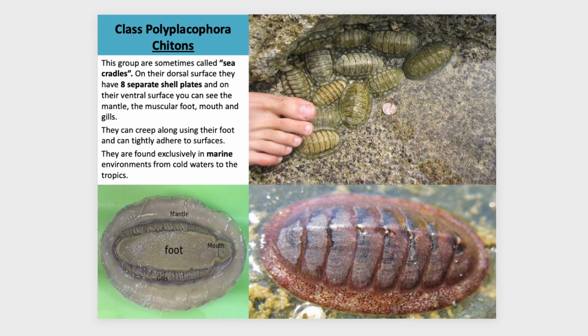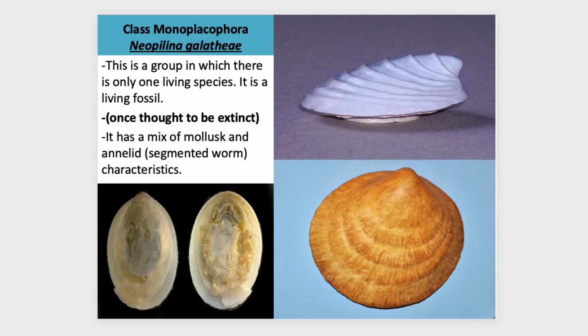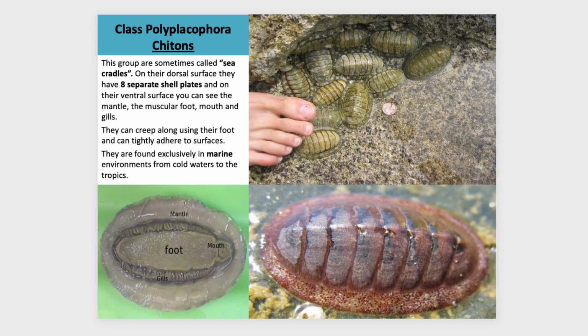The next class would be the Polyplacophora. And again, thinking about these names, Monoplacophora, one plate. As you can see there, it's one plate. And then the next class, Polyplacophora, would be many plates. And these are also called the chitons. And if you look at these organisms, you see many plates running across the back there. They're also called sea cradles. And if you look at them, if you just tilt it over, it looks like a little cradle for a